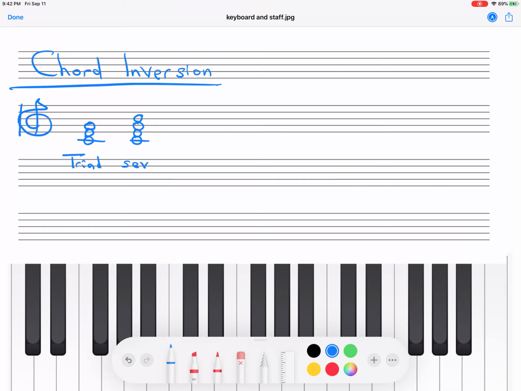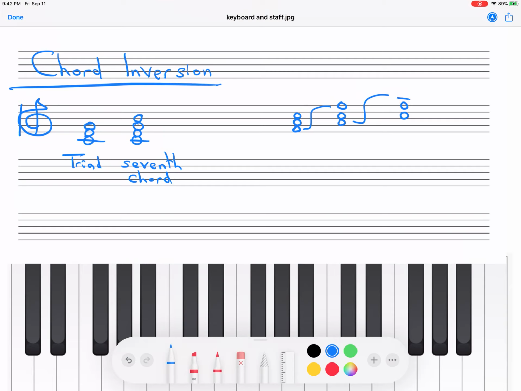And this is just the way that we can think about these as stacked thirds. Now, when you invert a chord, usually this is the way that it's shown. You take the bottom note and you just put it up on the top like this. So we might do something like this and put this note up here. If we want to invert this chord one more time, we could do the same thing again, put the A